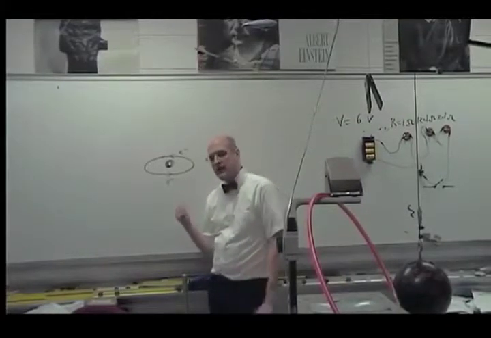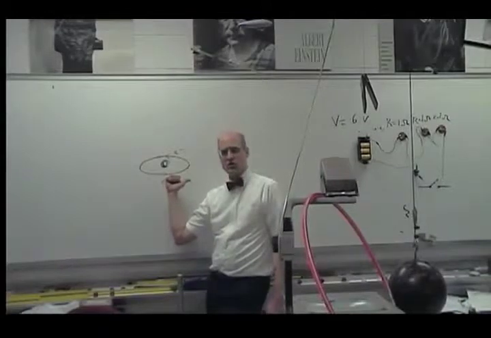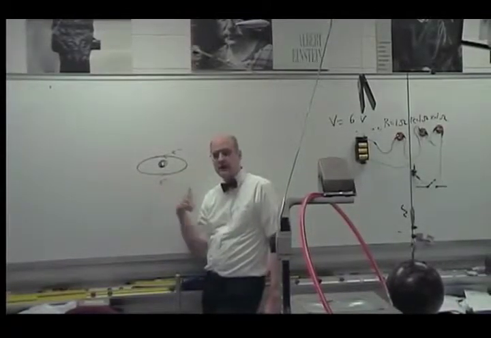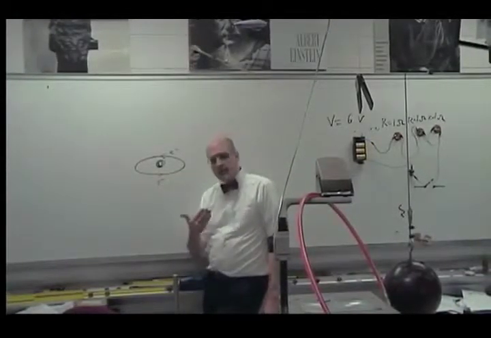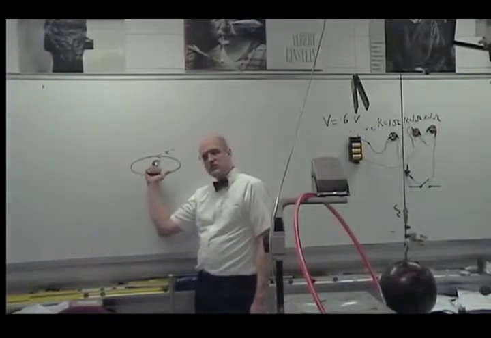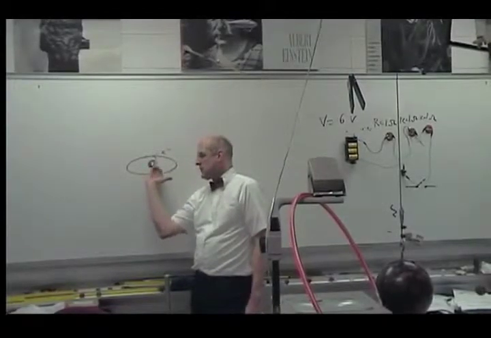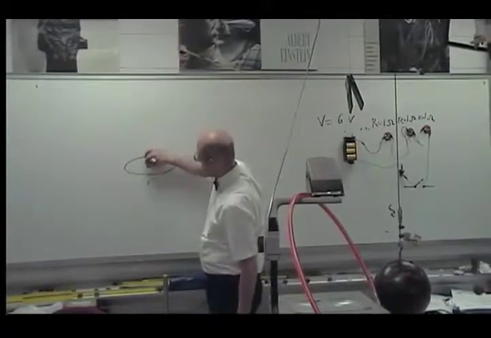So if we use our right-hand rule, point our thumb in the direction of a positive charge, and now of course the electron's negative, so we have to give the opposite of our answer then. So if we point our thumb in the direction of moving positive charge, you can see that the magnetic field is directed up